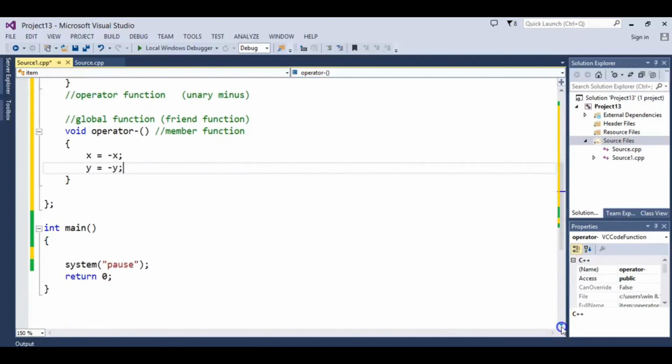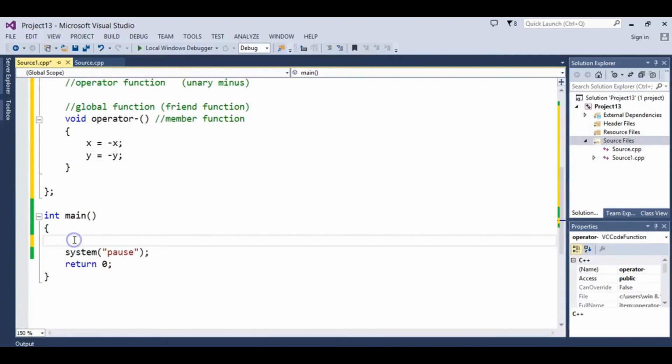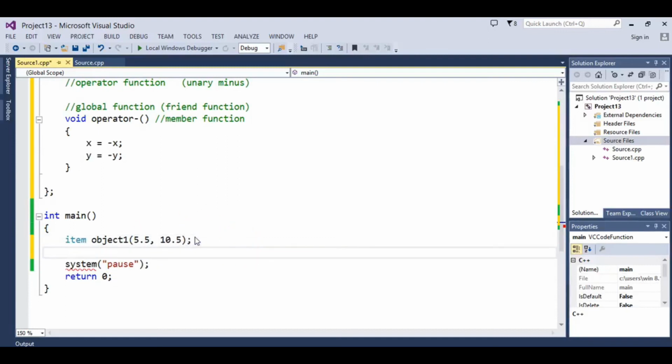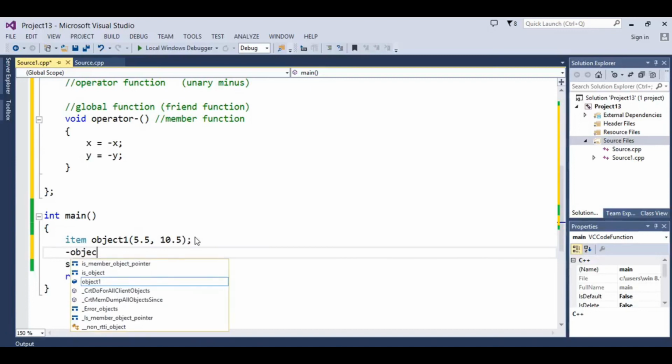Now when I write the object here, let's say my class is item and my object name is object1, and I need to give two parameters, let's say 5.5 and 10.5 as values of x and y. And now here I am able to write minus object1.